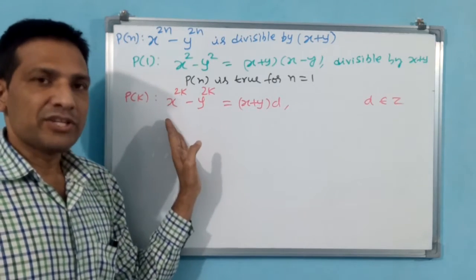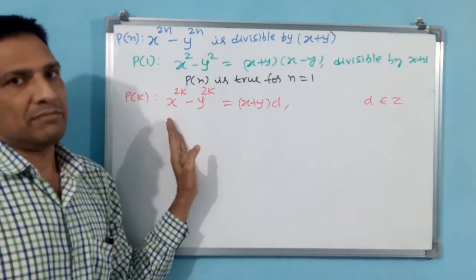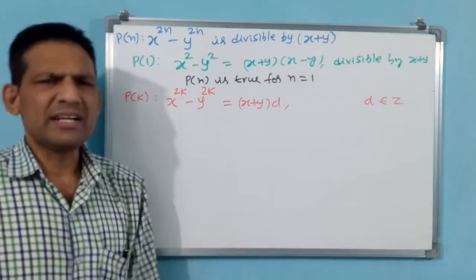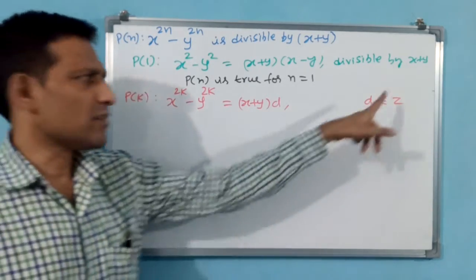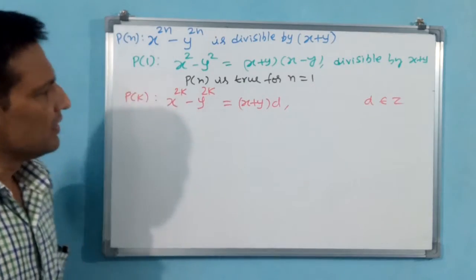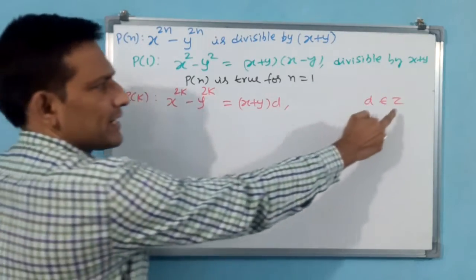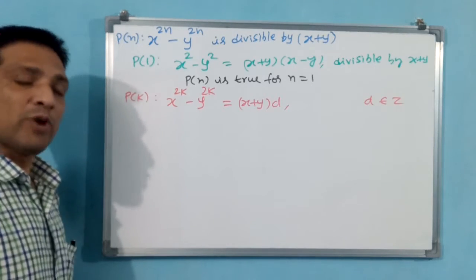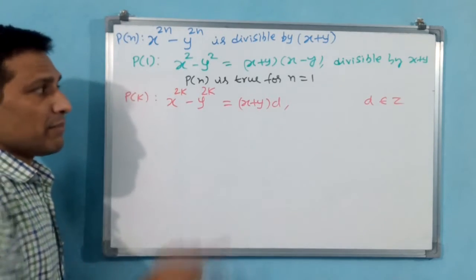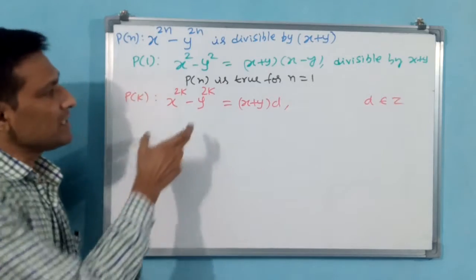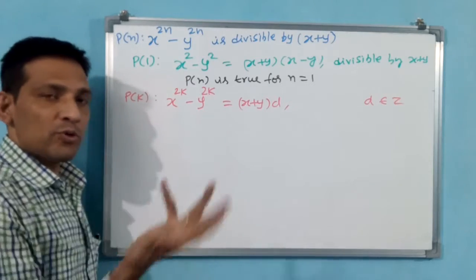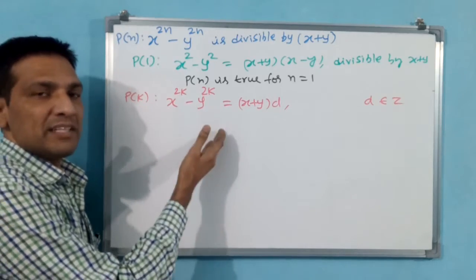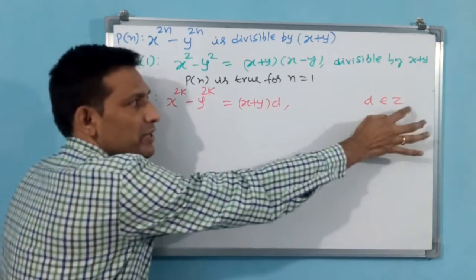By seeing this statement or equation or expression, you have to change this. Or else you take z. Several authors have written z only. You can take z directly, even for previous questions. But in previous questions we have taken n, that is not wrong. But here you don't take n. Why? Because in x and y, you don't know the value of y. Y may be bigger. 2 minus 3 means a negative number will come. That is why you take z here.